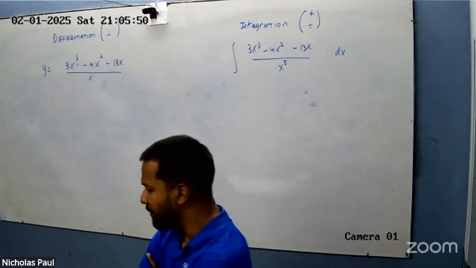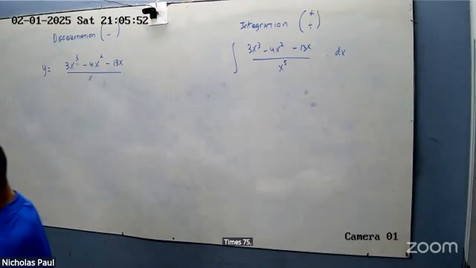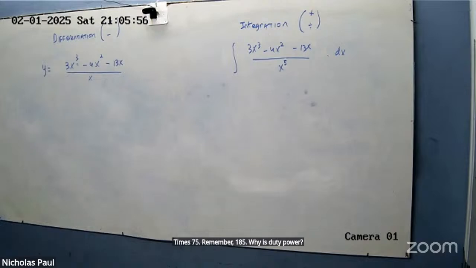Time to simplify. Remember, when you divide in indices, what do you do to the power? You get minus, right? Go ahead, take your time, simplify, and then